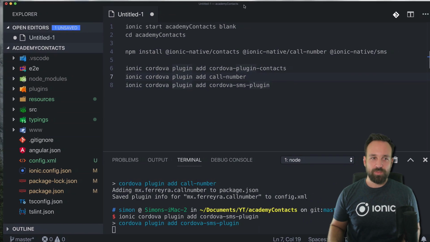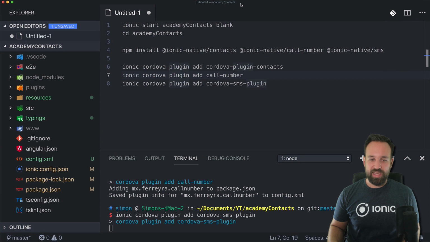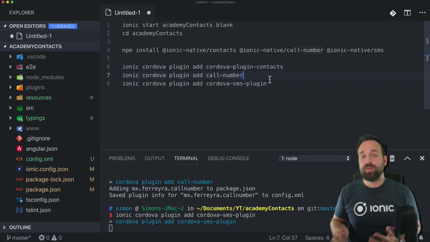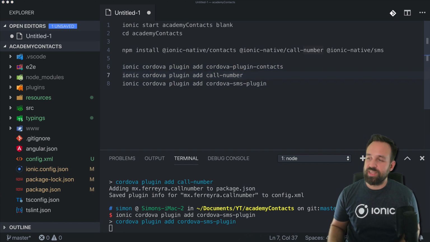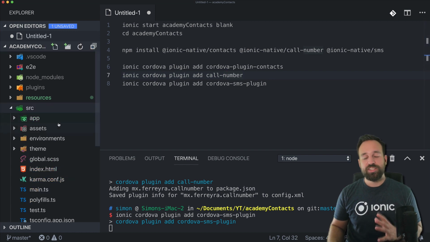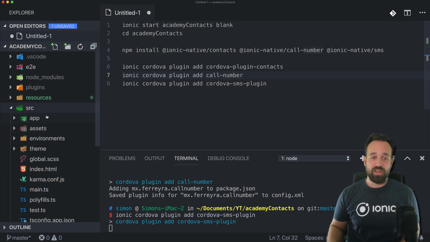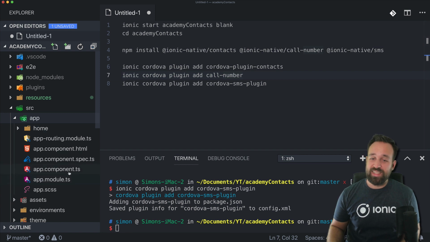So let's also maybe put my editor right into the view. Go ahead, create a new app, go into your app, then install the Ionic native packages for the contacts, call number, and short messaging service, and also the according Cordova plugins. The problem of this quick win is that we can't really use anything of this in our browser, so we will have to rely on writing good code in the first place and then testing everything on a real device